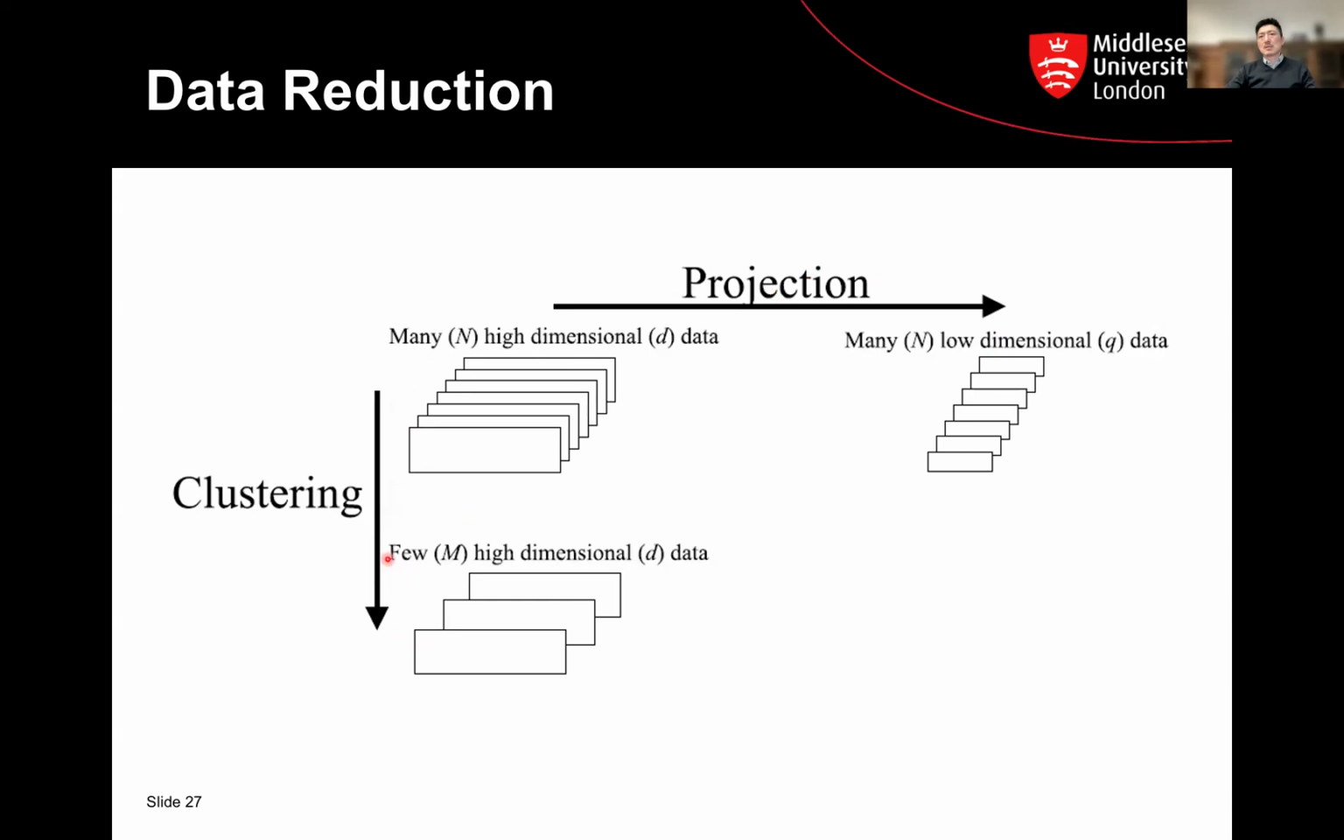And for this direction, you reduce the number of rows, but you keep the number of columns. So if you have 10 attributes, you still have 10 after clustering, but the number of rows will be reduced. In a sense, we already talked about binning. That can be treated as one form of clustering. So you can reduce the total number of rows